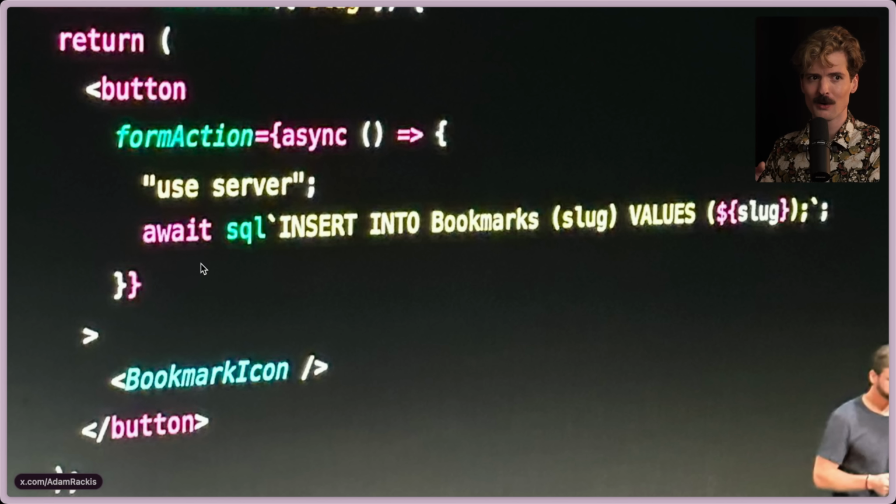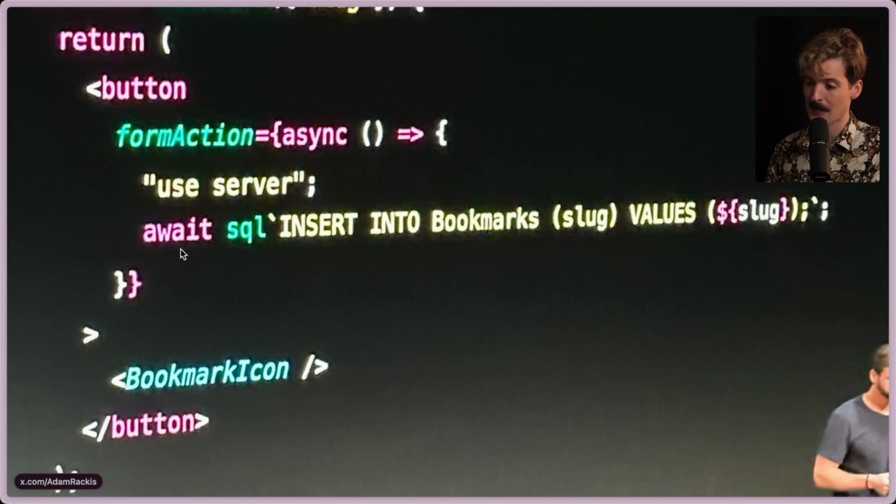It is creating a door on the back end that the front end can hit. So in this case, what use server does is it creates a post route on this endpoint that this component is being run on. And now whenever a post occurs, because the user pressed the button, even with JavaScript disabled, because this button's in a form, when the form triggers, it posts to the server. And when it's posting to the server, that is code that runs on the server. None of the code itself is on the client. All the client gets is a URL, which is the current page URL that it's posting to with a traditional form.